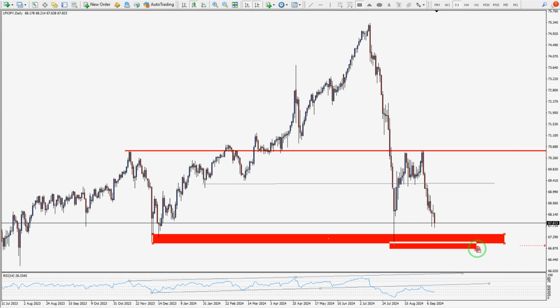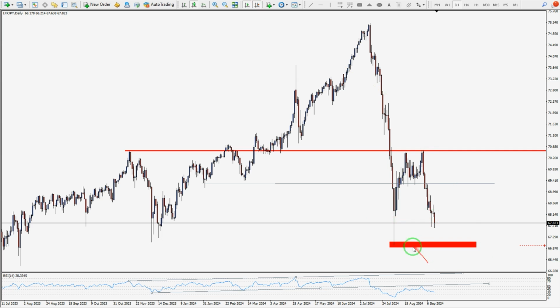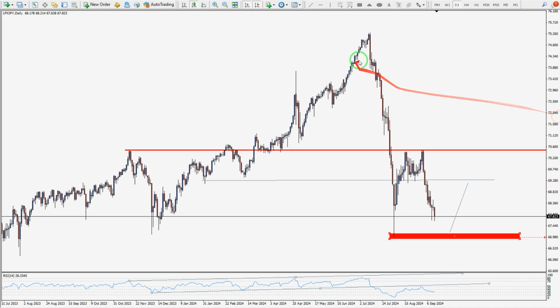I'll correct the trend line because now that I zoom in, I see that this one doesn't seem very useful for me. Let's just have this one so the chart doesn't get too cluttered. This is a level that I had considered before, so it's a very important level. If the price bounces back up from this point where it's supposed to reach, we can at least have a buy up to here. But if the price breaks this level and falls, the next place the price is going to reach,